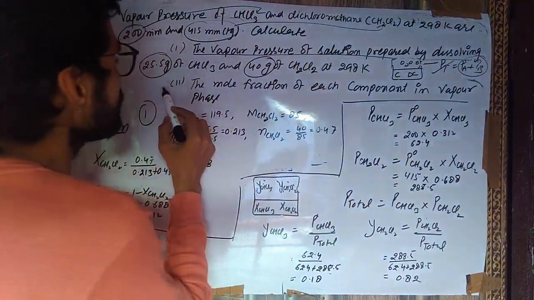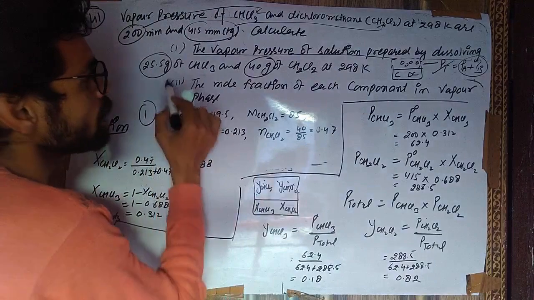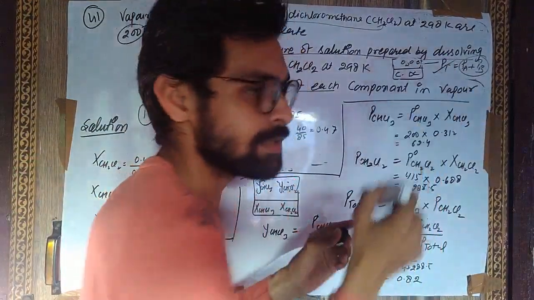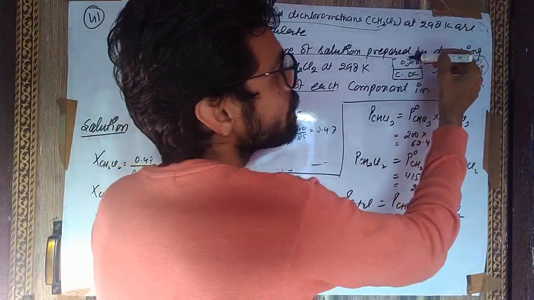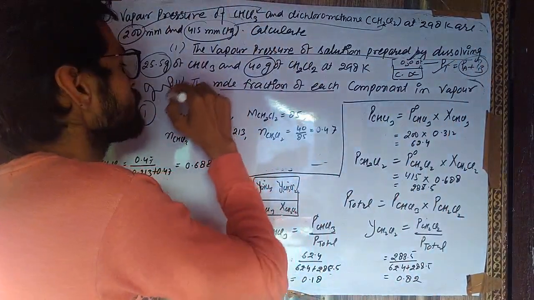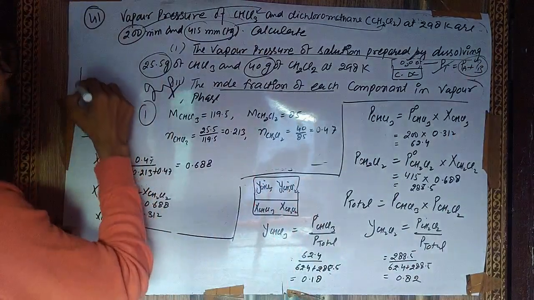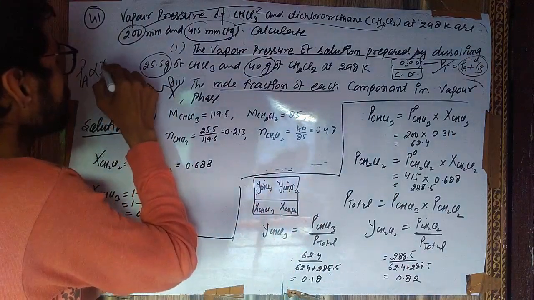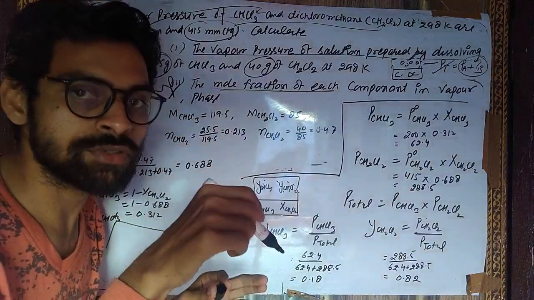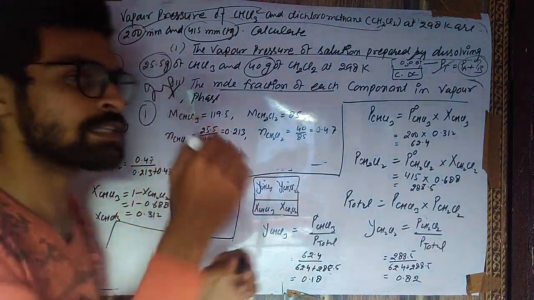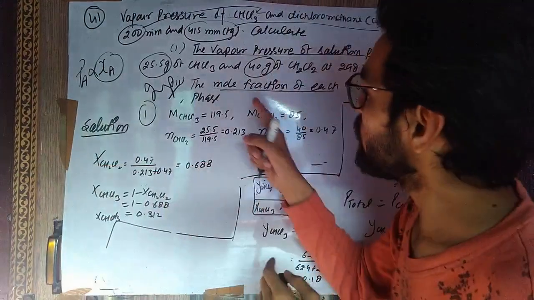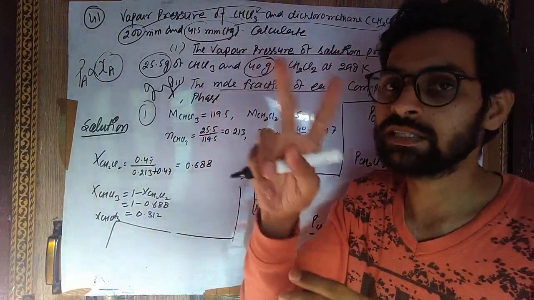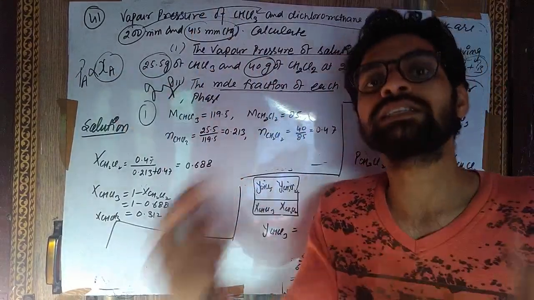Okay, now second part is that we have to calculate the mole fraction of each component but not in solution, in the vapor phase. This is a special part. Okay, so what is Raoult's law? Partial pressure of a component, okay, is directly proportional to the mole fraction of that component in solution. So students, this is mole fraction of that component in solution, but in second part mole fraction of component in vapor phase is asked. This is the difference, not XA or XB is asked.